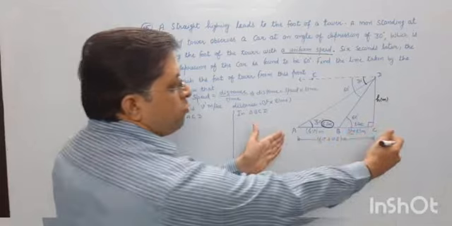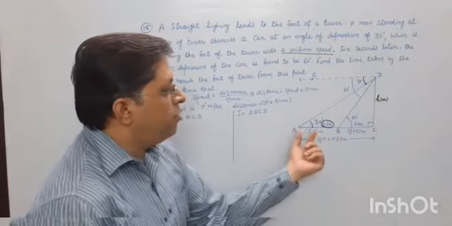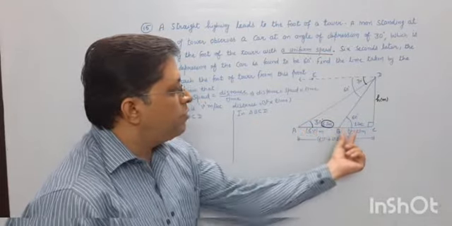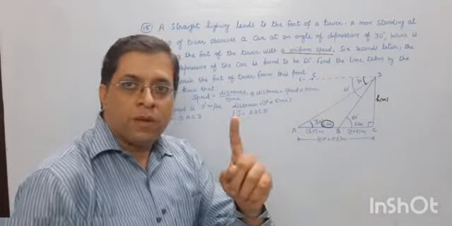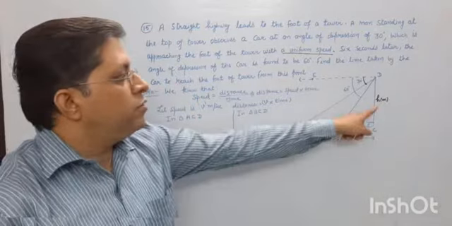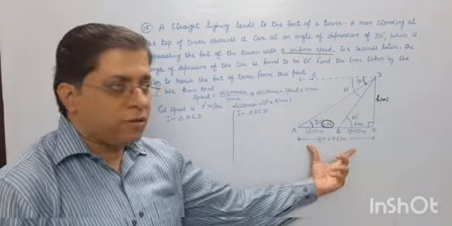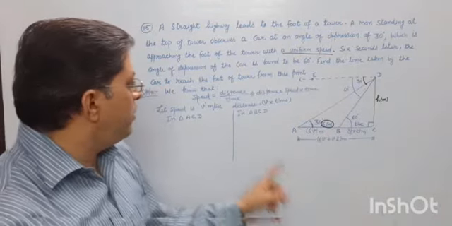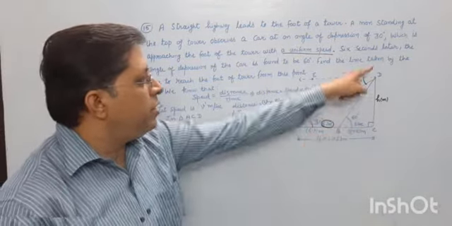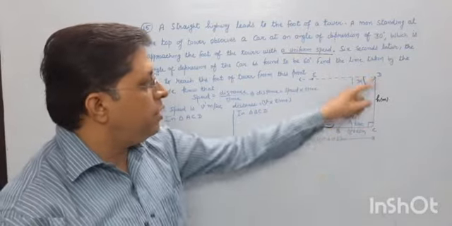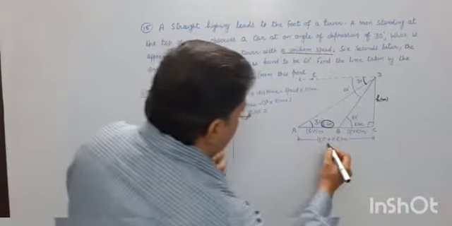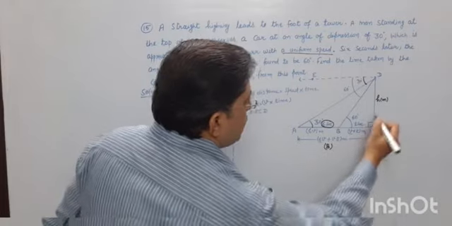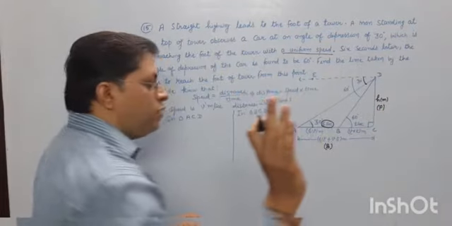The total distance from A to C will be 6V plus VT meters. Getting it? Now come on. This is perpendicular. This is your base for two triangles. One triangle is your ACD. The second one is BCD. Okay, this is your base, and this is your perpendicular. Now, it is very easy, no?